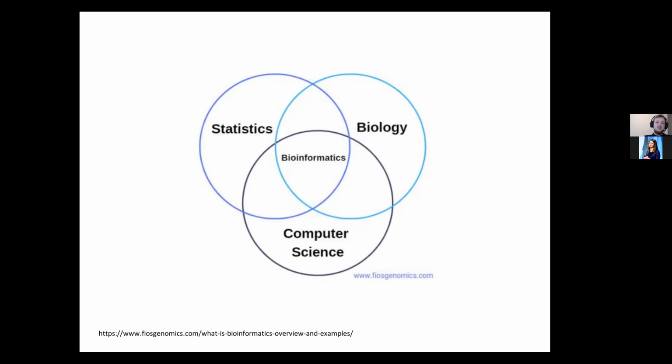If you're a statistician, then you need to learn something about biology, and you probably already know a lot about programming or computer science, because those fields often are very closely related. Or if you are a computer science person, then the same as for the statistician, you need to learn a little bit of biology, but you most probably already know quite a lot about statistics. But I want to mention that